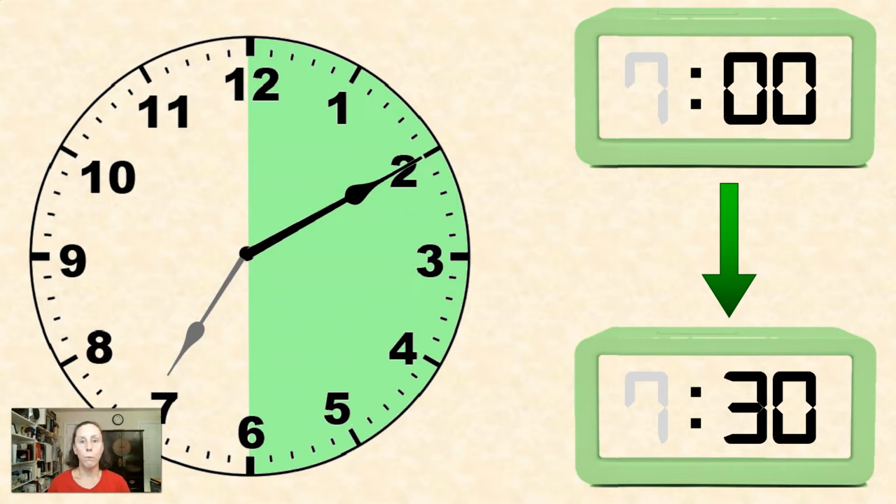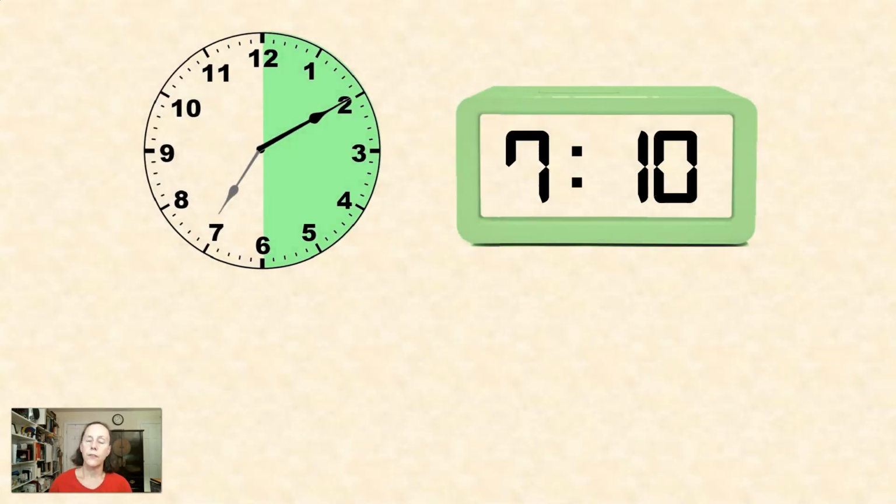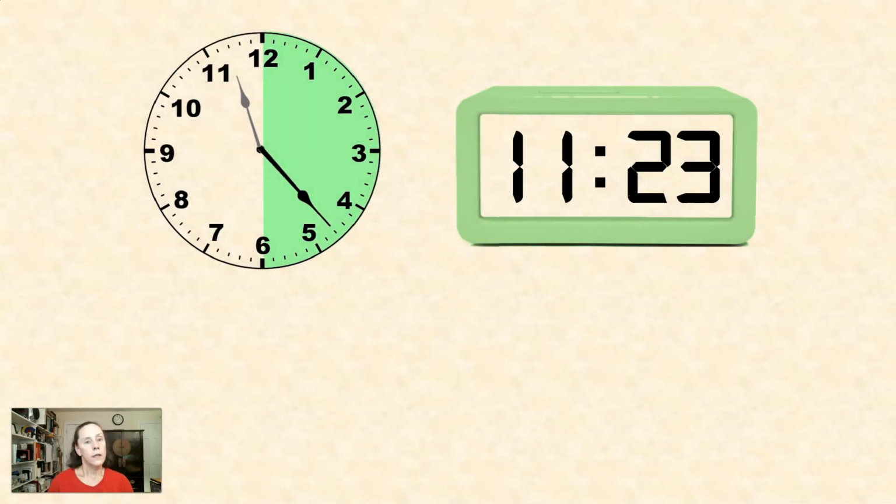So again, anytime we're talking about a period of time that's between the top of the hour and 30, we're going to be using y. In practice, that looks like this. Okay? 7:10. We will say son las siete y diez. All right? Let's see another example. It's 11 o'clock. It's actually 11:23. So we'll say son las